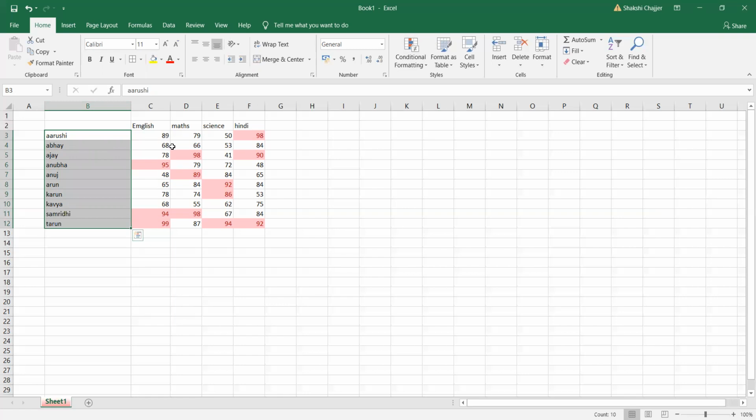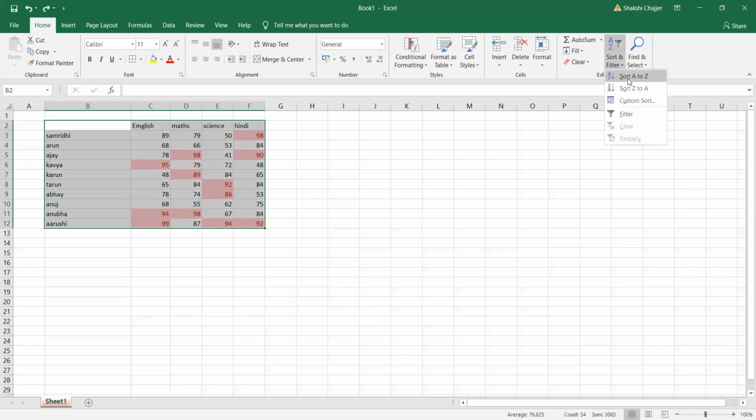So the marks which Ayushi got have been replaced by some other person's, because what I did was I just sorted this part. So if you want to go for the sort, make sure you are always selecting the entire table. If I select the entire table, click on sort and filter and sort A to Z, now just look at the table. See, everything got changed. Arushi's name came first according to the alphabet, and the entire row came first, so her English, math, science marks also moved with it. Why did this happen? Because I selected the entire table.